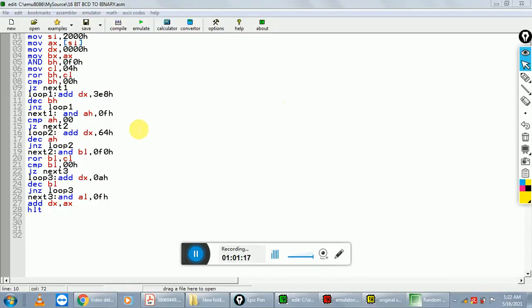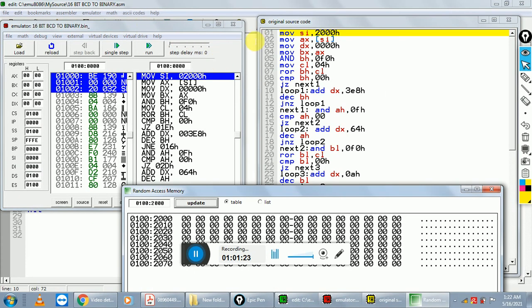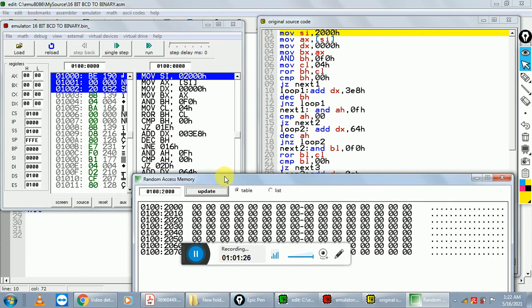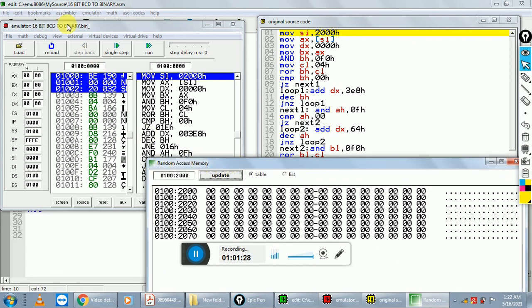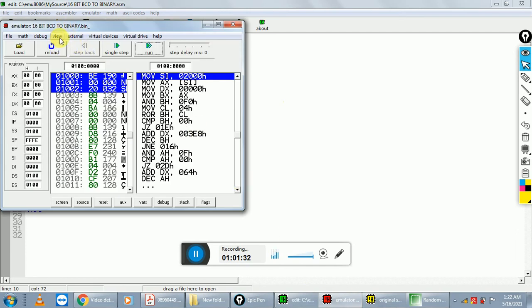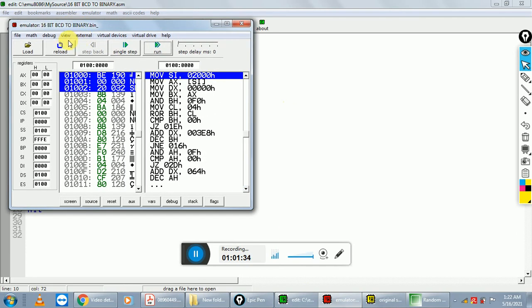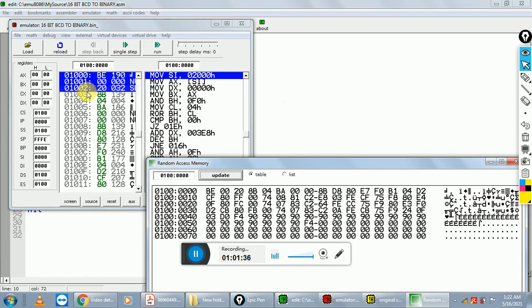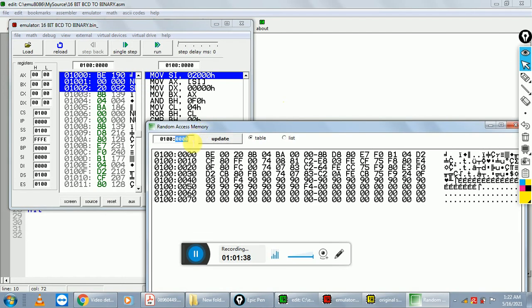So run the program. This is your instruction, I have already written it. Click on emulate, and the next step is, this is your emulator, go to view, memory, and open the 2000 memory location.